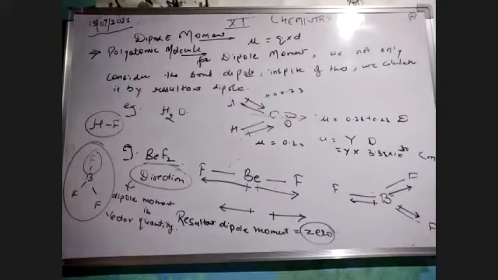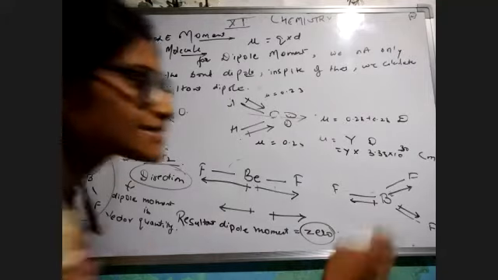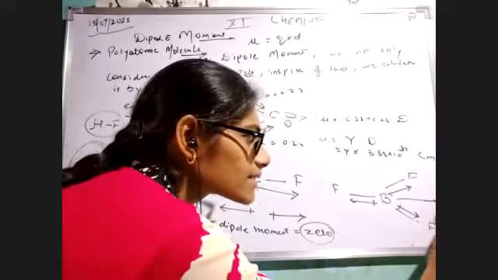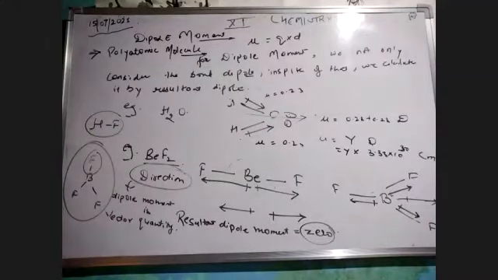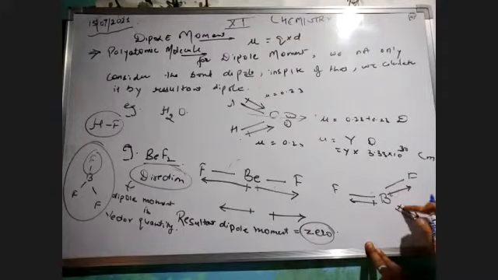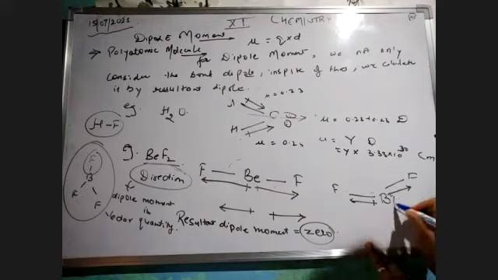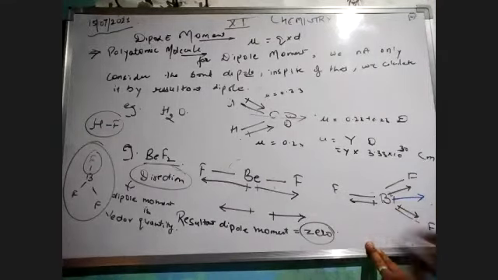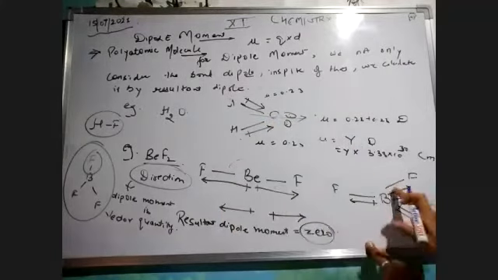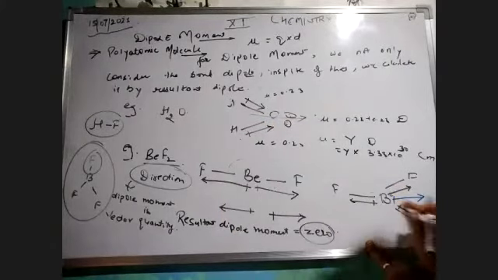Okay. Now, what would happen? Can I say that the sum of these two would be like this? Okay, just a minute, please. Suppose I'm saying the resultant of these two vectors is this. जैसे हमने water के केस में पढ़ा था ना, इन दोनों का जो रिजल्टेंट था वो उसी डायरेक्शन में जा रहा था. Same as it is, the resultant of these two would be in the same direction.